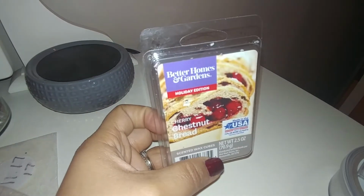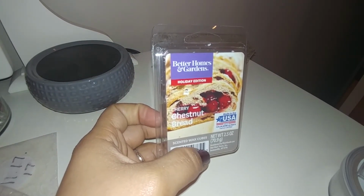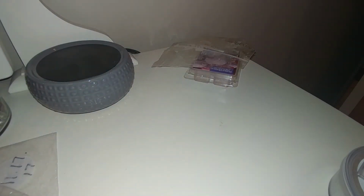Next up is this one here. This is Cherry Chestnut Bread. I loved this scent. So when you first look at it, and even when you smell it cold, it's a fruity bakery scent. You definitely get the cherry in there, but it's like a warm cherry, like from a cherry pie. It's not like a fruity,